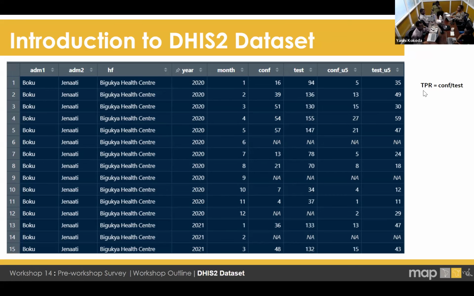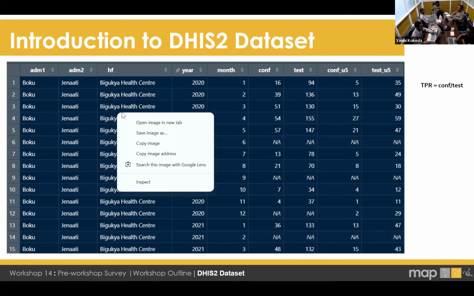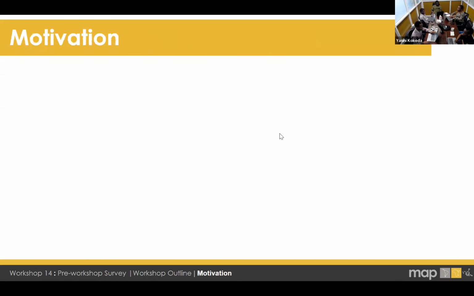So let's say you are calculating the TPR now using this data frame at facility level, admin 2 and admin 1. Can you have TPR for confirmed and tested under 5? Yes, because you have the variables for under 5 and over 5. For under 5, tested and confirmed, it is possible. Please, you can answer through the chat also, so that we don't waste time.